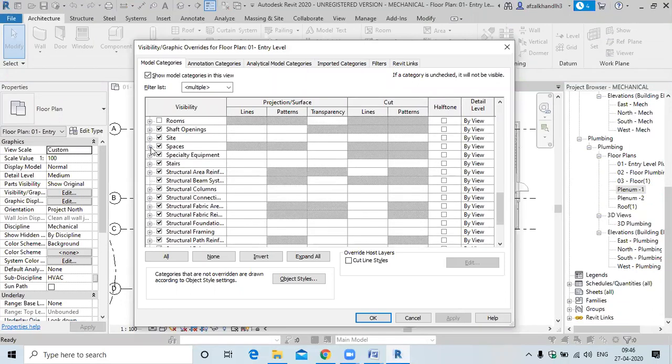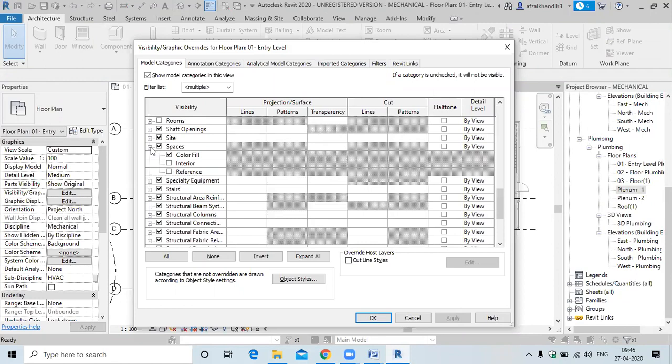Here we have the option for spaces. Check this one. Check interior, references, apply. Now you can see the spaces, all the spaces which have been made. Now similarly,